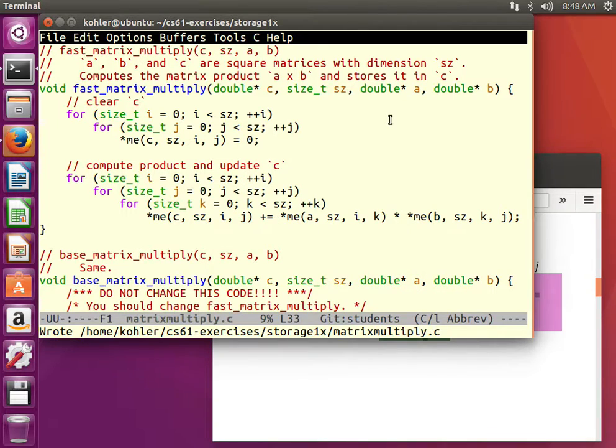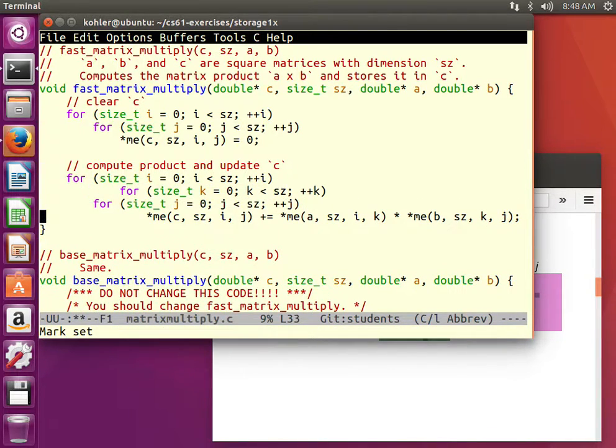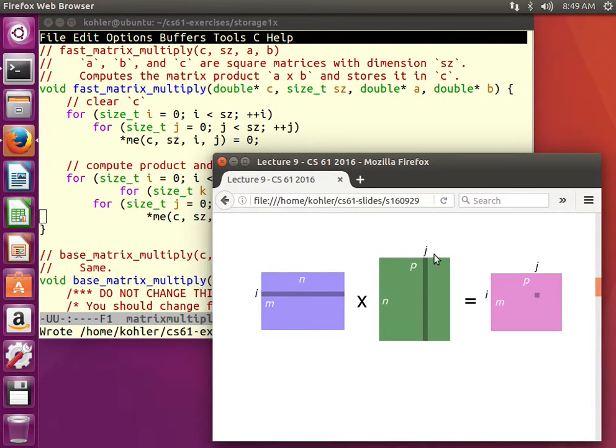What happens if we run j as the innermost loop? Okay, so what we would expect is we would expect this j column to disappear from our diagram, because j is no longer fixed. Here's what that looks like. Now that j is the innermost loop, we access every j value on the output matrix, the result matrix, so j equals 0, j equals 1, j equals 2, j equals 3, and so forth.